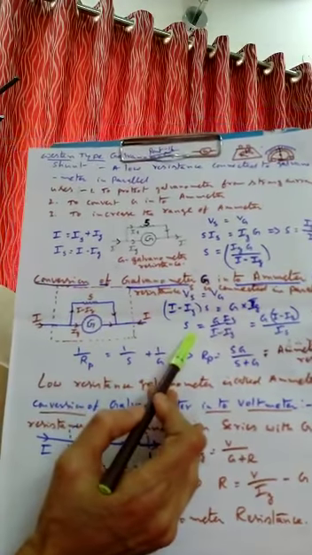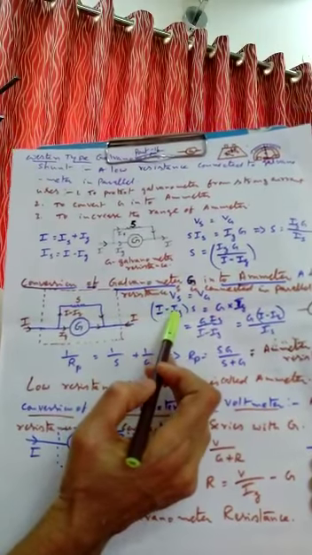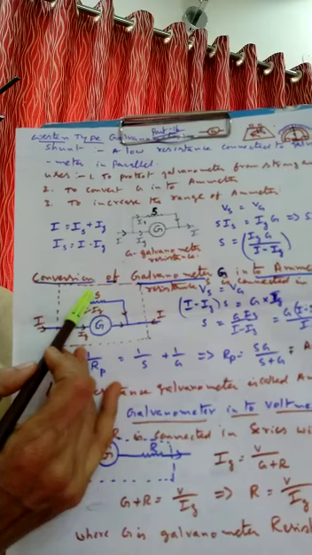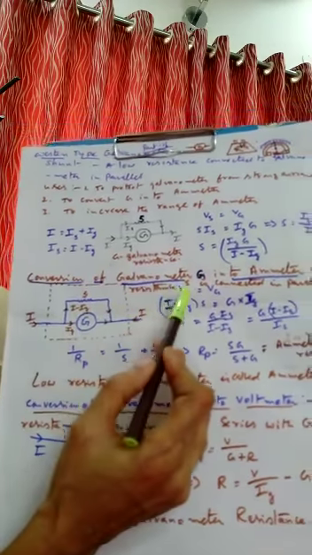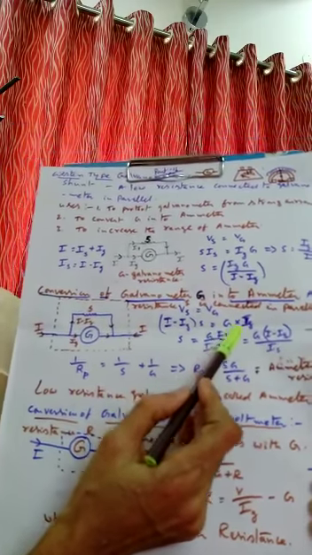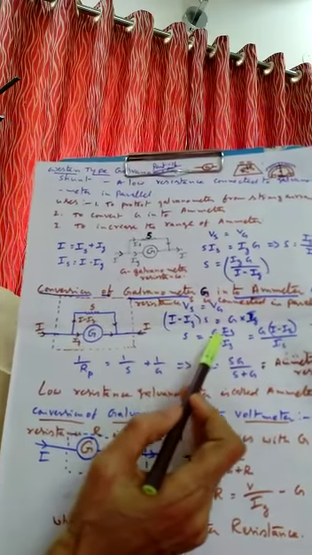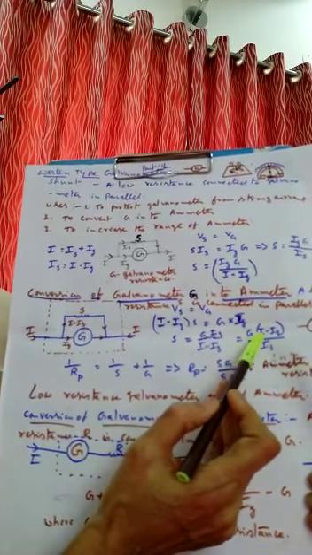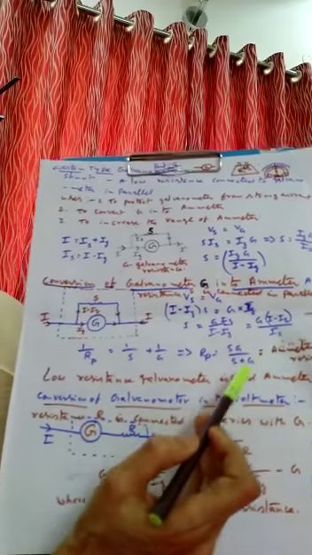How much shunt do we have to connect here? Just now we have derived it: I minus Ig into S, because voltage across G is equal to voltage across S, since they are connected in parallel. So Vs is equal to Vg. I minus Ig into S is equal to G into Ig, or S is equal to G into Ig upon I minus Ig, or G into I minus Is upon Is.